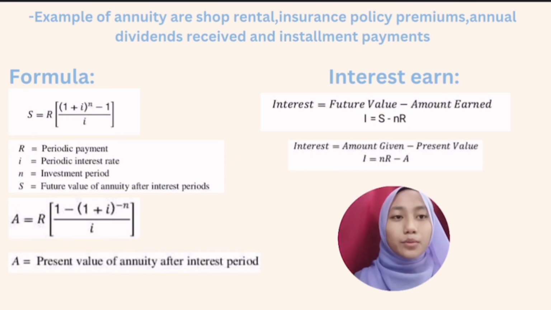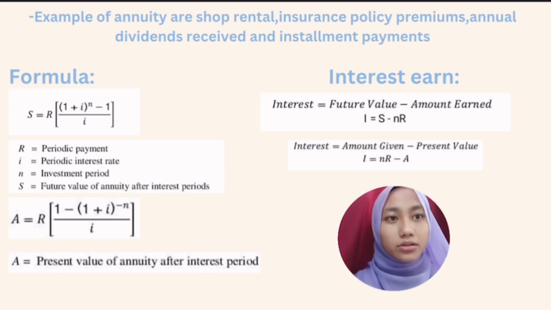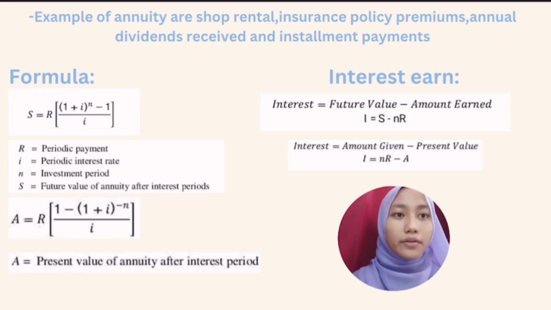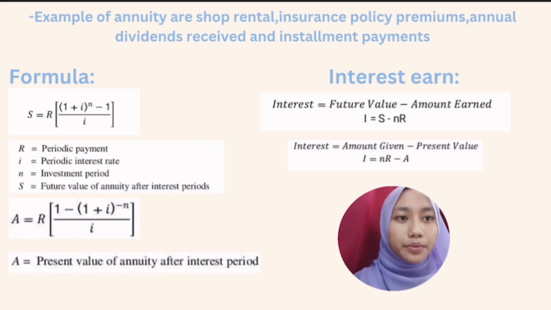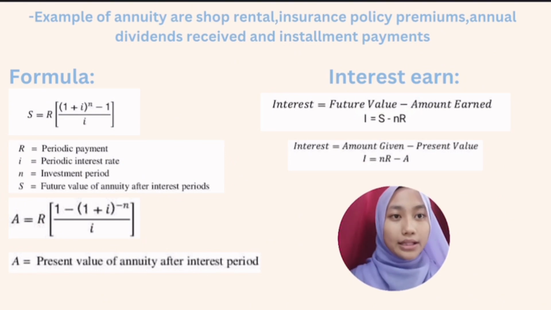Second is forborne annuity, which earns interest after the last deposit of the annuity is made. And the third is other annuity. Other annuity includes annuity due, general annuity, and perpetuity. That's all. And this is one of the formulas, which is the present value of the annuity, the sum